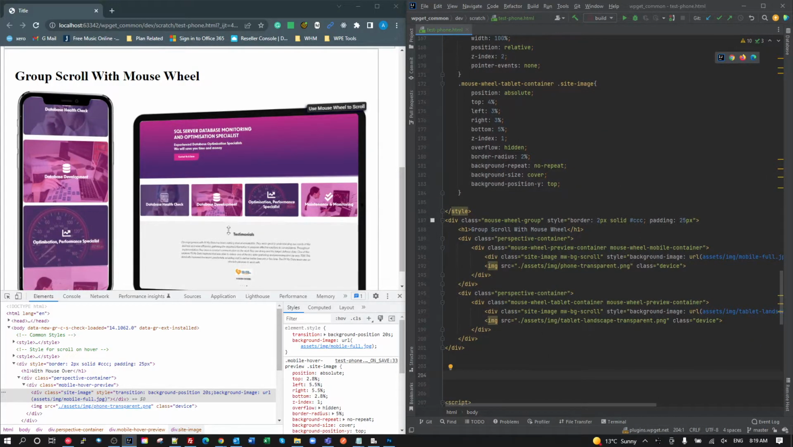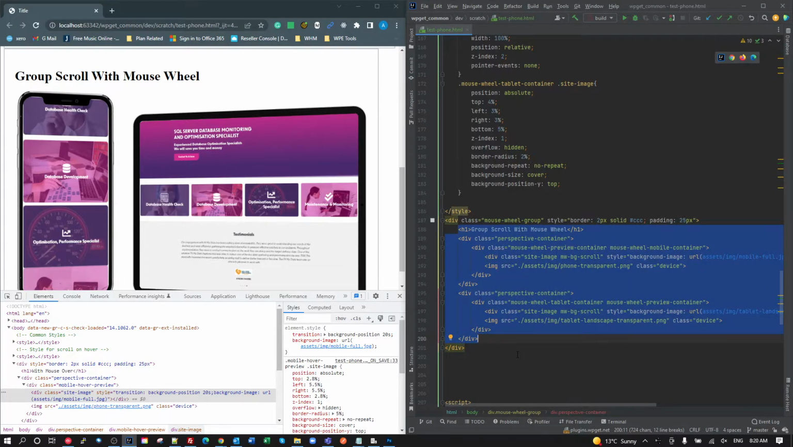So the difference between the hover to scroll and this one is we've got an extra wrapper, which is the mouse wheel group. Okay, and then we have our same perspective container, same markup down here, same everything. So this markup here from there down is identical to the hover. Okay, so we set our background images the same, so these could be different images. If I take this and duplicate it,